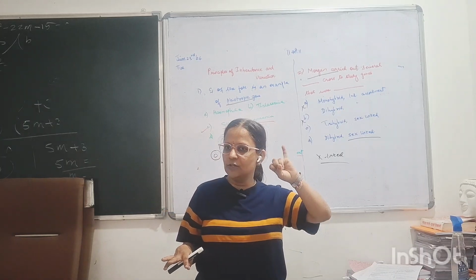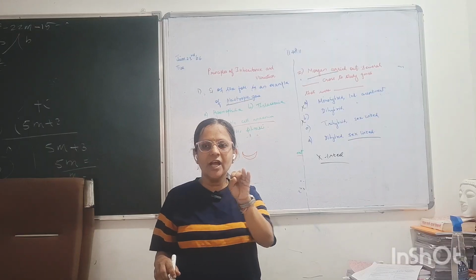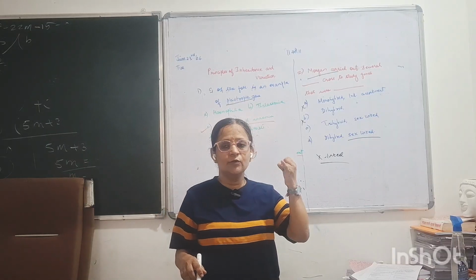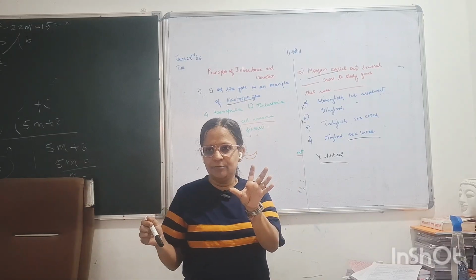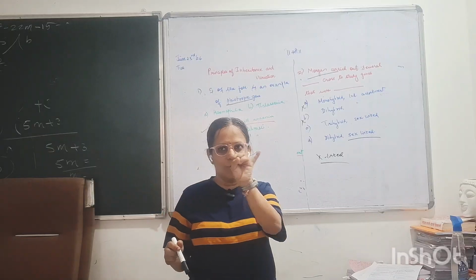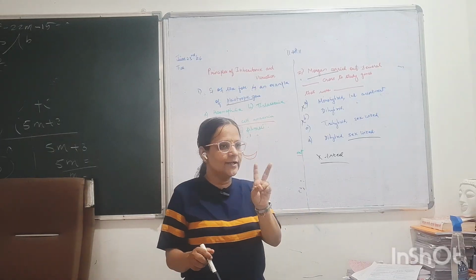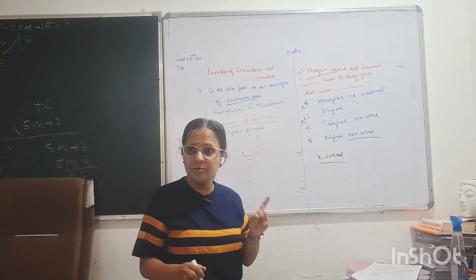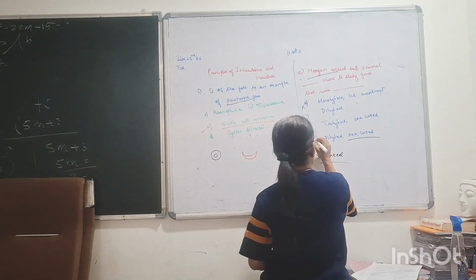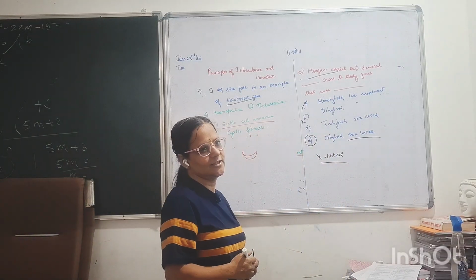Between eye color and body shape of the Drosophila, and the second which he did was between eye color and wing type. Okay, so eye color and body shape, eye color and wing type. So he took two characters at a time. That means this is a dihybrid cross. So our answer is dihybrid cross and sex linkage, right?